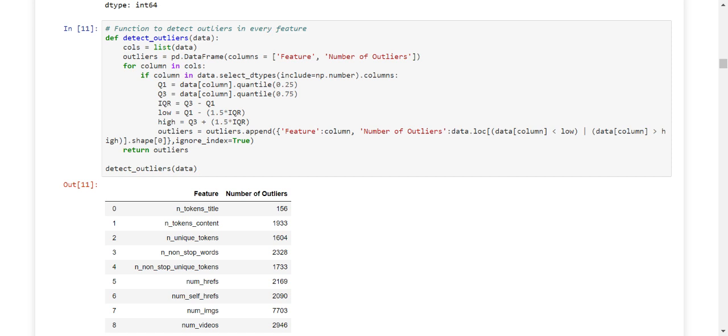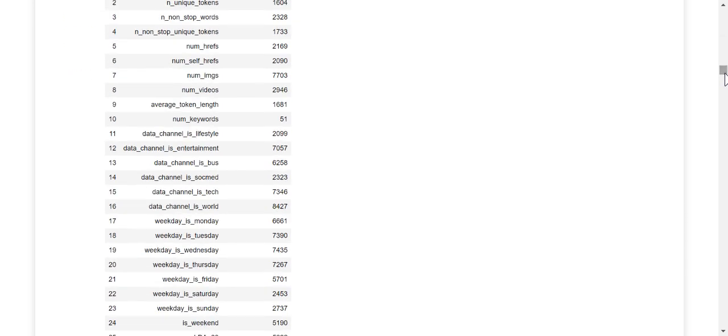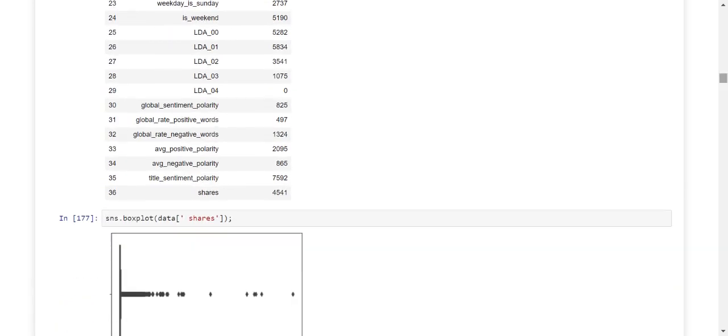The Q1 tells the data that 25% is your starting point, and Q3 tells your data that the 75% is the ending point. And this is the mathematical formula for it, and this is where you tell the data that anything below 25%, anything above 75% should be considered. We are not taking anything in the middle of it. We are considering everything that falls above and below. So the data set has a lot of outliers, as you can see over here, right?